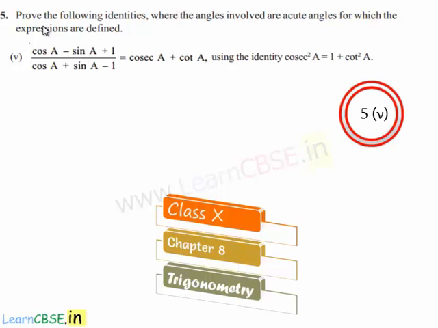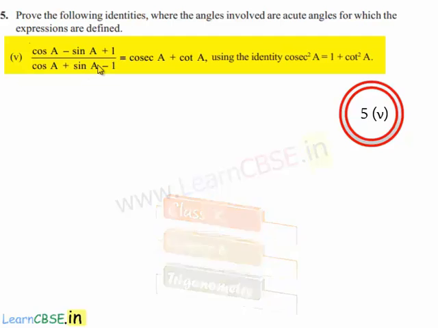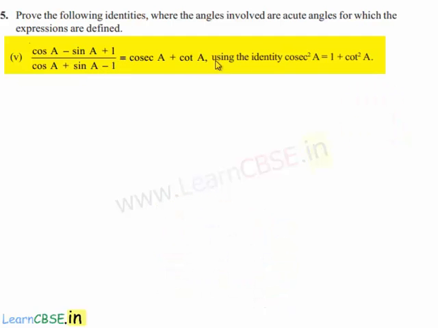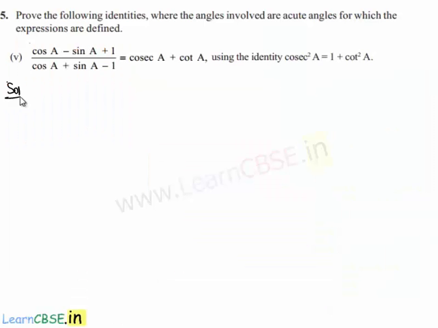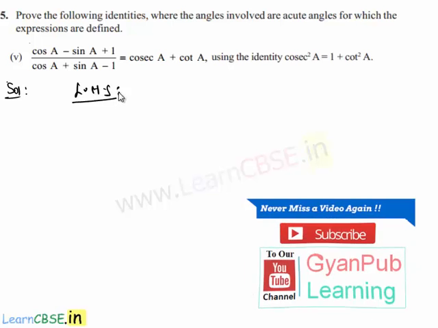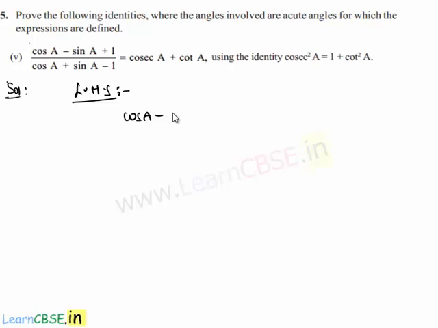Now moving on to the 5th bit of the 5th question, he has asked us to prove the equality (cos A − sin A + 1)/(cos A + sin A − 1) = cosec A + cot A, using the identity cosec² A = 1 + cot² A. Now moving on to the solution. Let us consider the left hand side, that is (cos A − sin A + 1)/(cos A + sin A − 1). As he asked us to prove the equality using the identity cosec² A = 1 + cot² A, let us convert the given expression